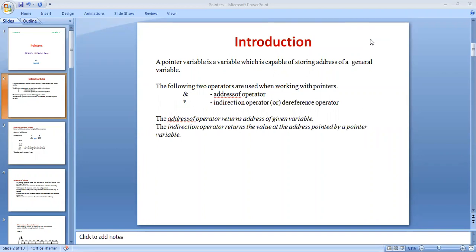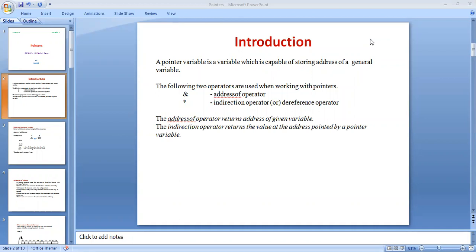It is unit 4, introduction of the pointers. A pointer variable is a variable which is capable of storing the address of a general variable. A pointer is a constant or a variable that contains an address that can be used to access the data.